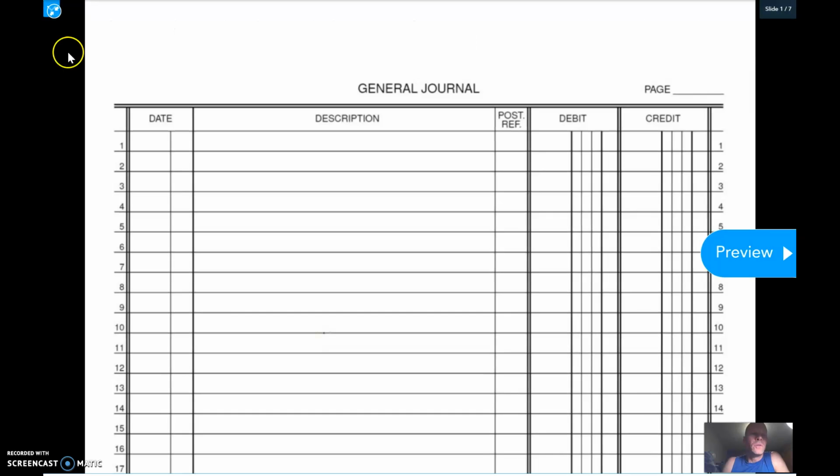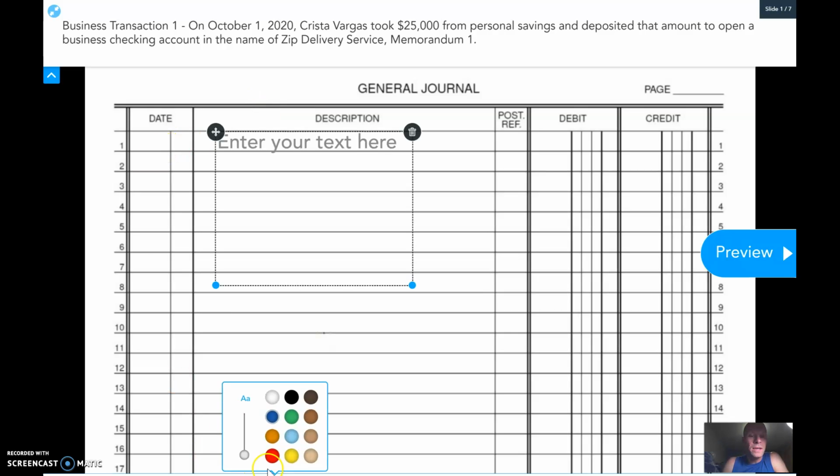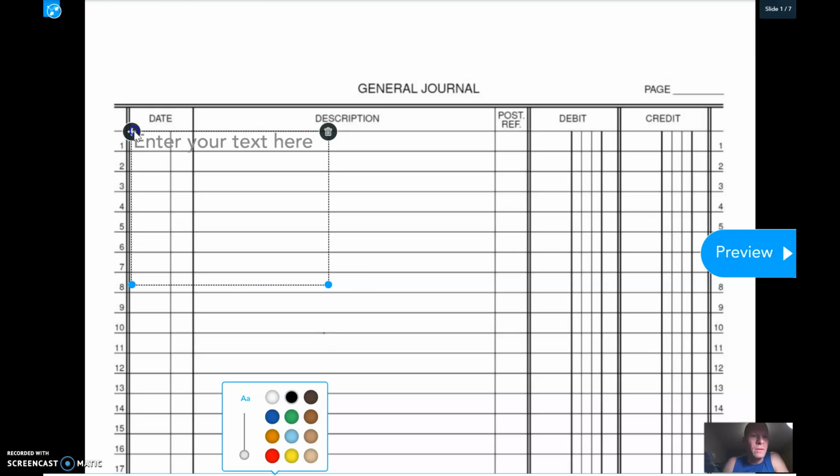Remember, if you can't see the transaction, you may have to click on this blue arrow. It will show the transaction. So we're going to use the text tool, and you're going to have to move the text tool around a little bit. I'm just going to try to make one big box here and put a bunch of spaces, so we'll see how that goes. On that first line, we're going to put